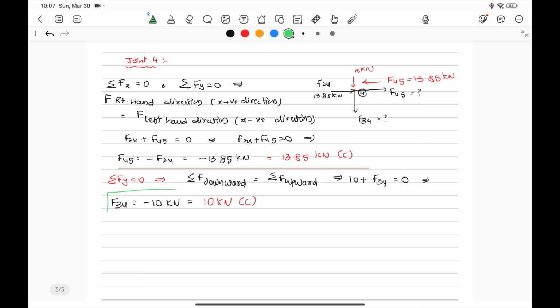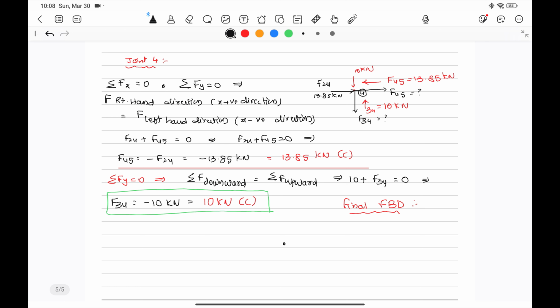That means whatever direction we have assumed, that direction is wrong, and the correct direction will be this, and this value is 10 kilonewtons. The magnitude is 10 kilonewtons, and the direction is towards the joint. What is the final FBD? Final FBD is,